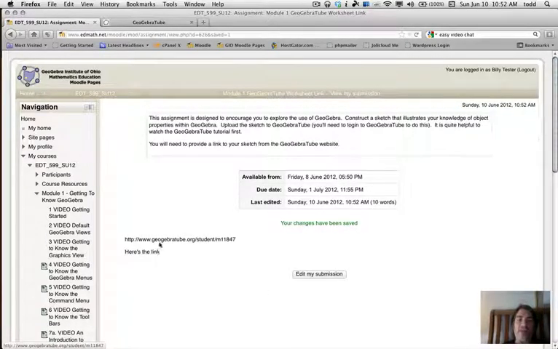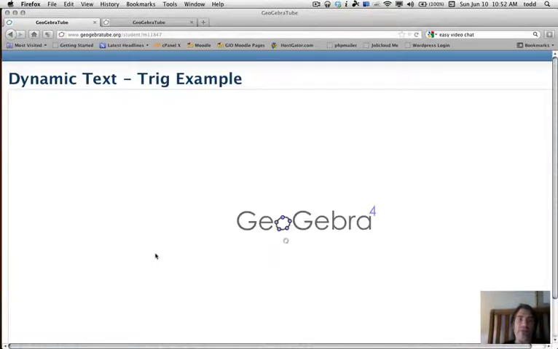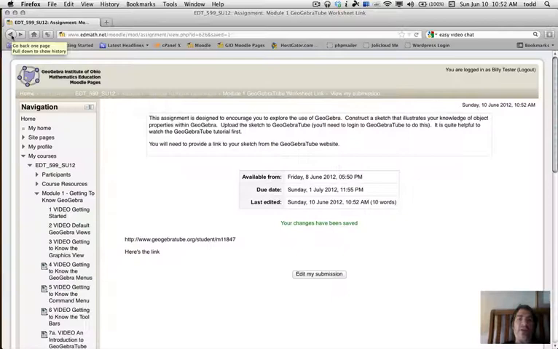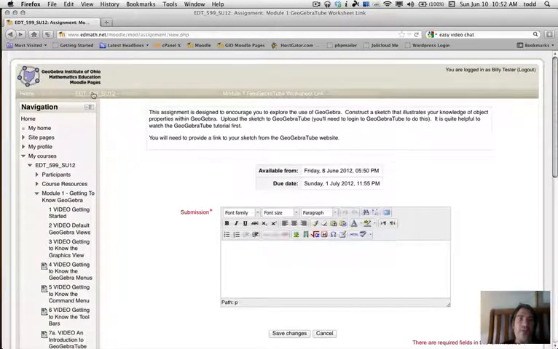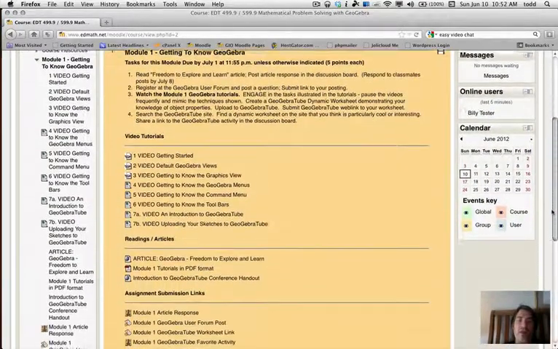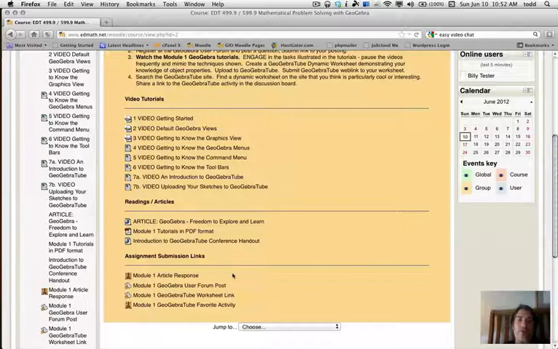So now this link I just click on, it's kind of nice, and it should take me right back to the GeoGebra Tube, and it does. So in a nutshell, that's how you submit the third part of the assignment. I'll close this. The fourth assignment from the first module is very similar. Let's go back here. Our fourth assignment is to go out to the GeoGebra Tube website